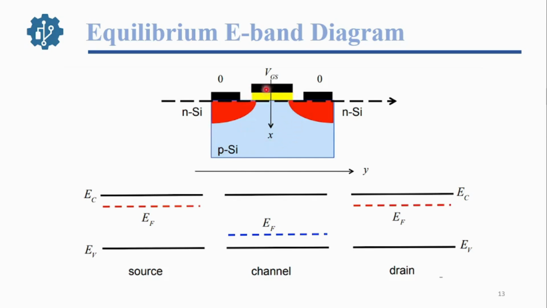NMOS MOSFET. Basically, this is the MOSFET structure with the P-type substrate, here the source, this is the gate contact, and this one is the drain, and this is the laterally cut line. You just see here the E band diagram, and the E band diagram is showing here. This one is the source cavity. Basically, in the previous